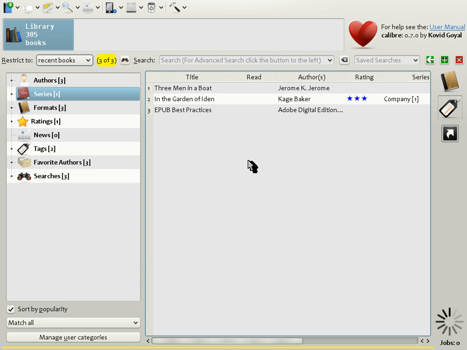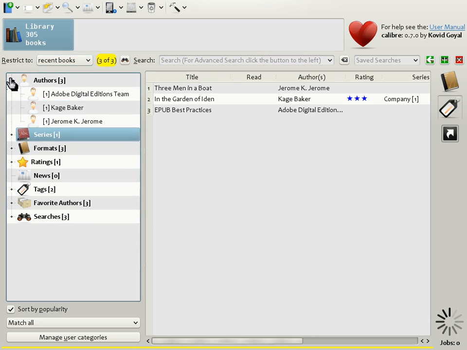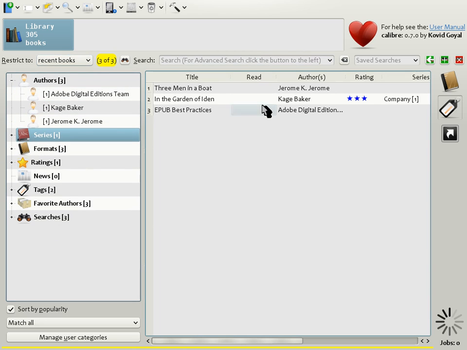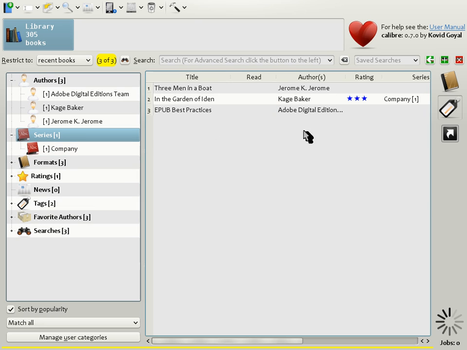is now clear. Another interesting side effect is that in the tag browser, you only have 3 authors, the authors corresponding to 3 books, 1 series, because only one of these books has a series, and so on. In other words, the tag browser has also been restricted